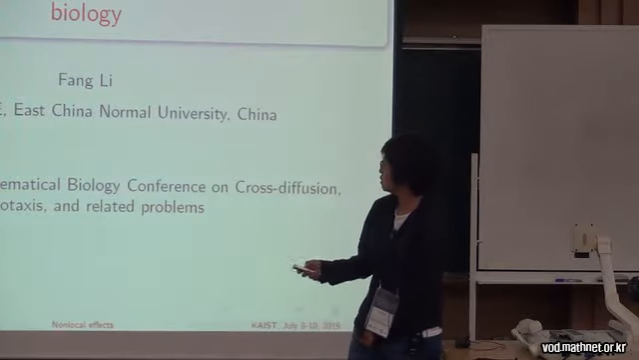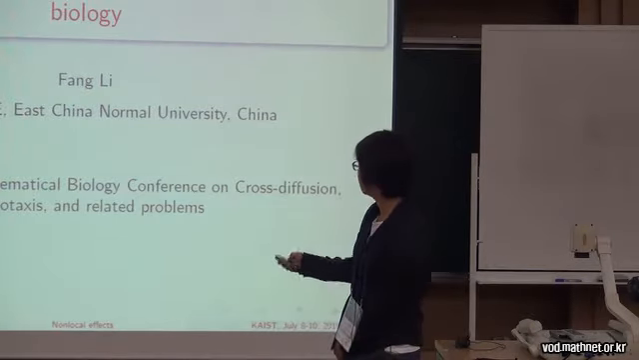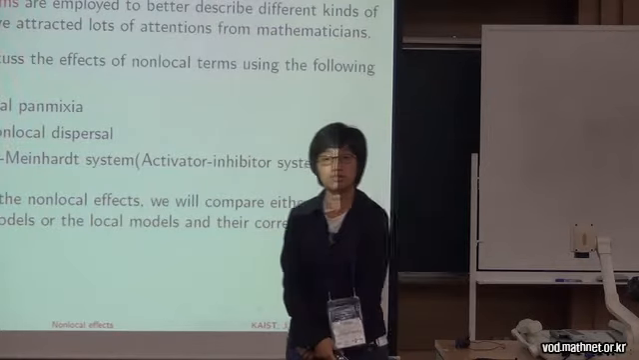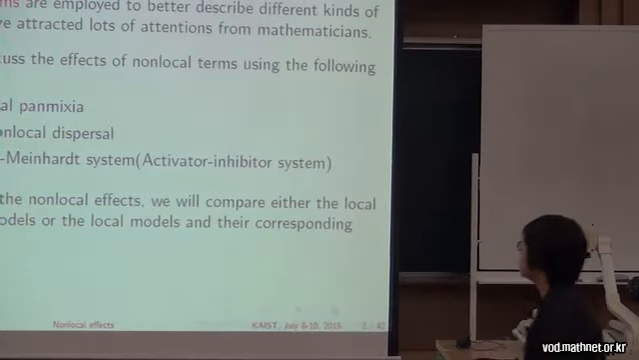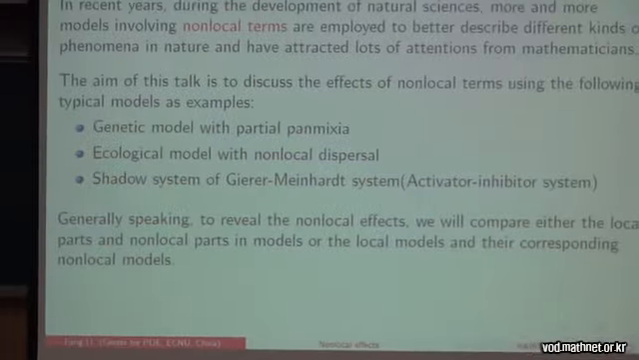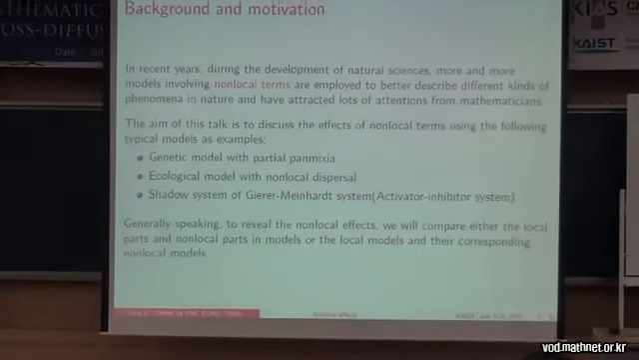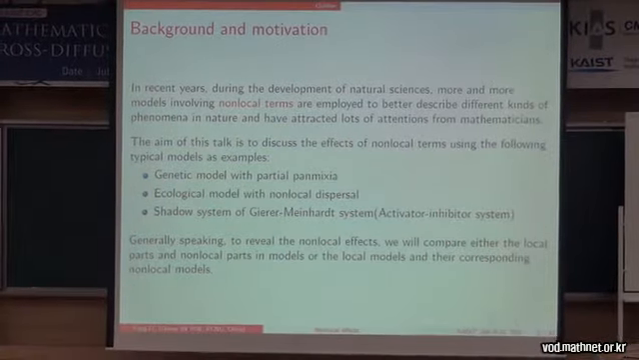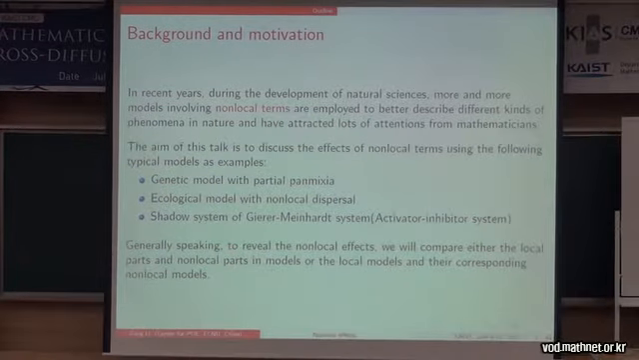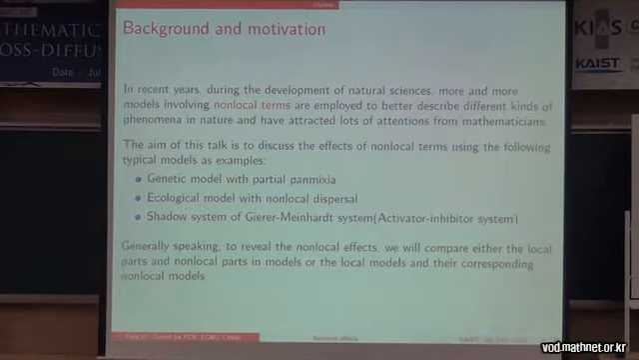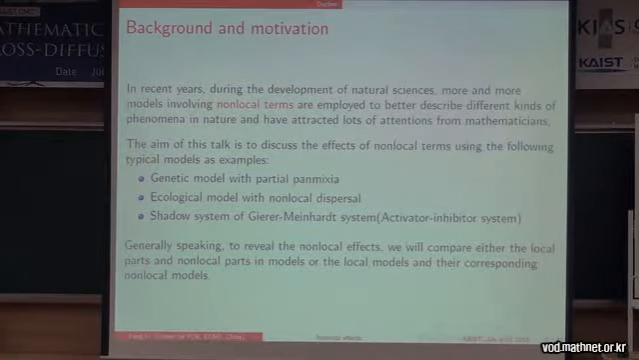So today I will talk about some models involving non-local terms. In recent years, to better describe different kinds of phenomena in nature, there are more and more models involving non-local terms. The aim of this talk is to discuss the effects of non-local terms using the following typical models as examples: genetic model with partial panmixia, ecological model with non-local dispersal, and the shadow system of Guillermin-Hart